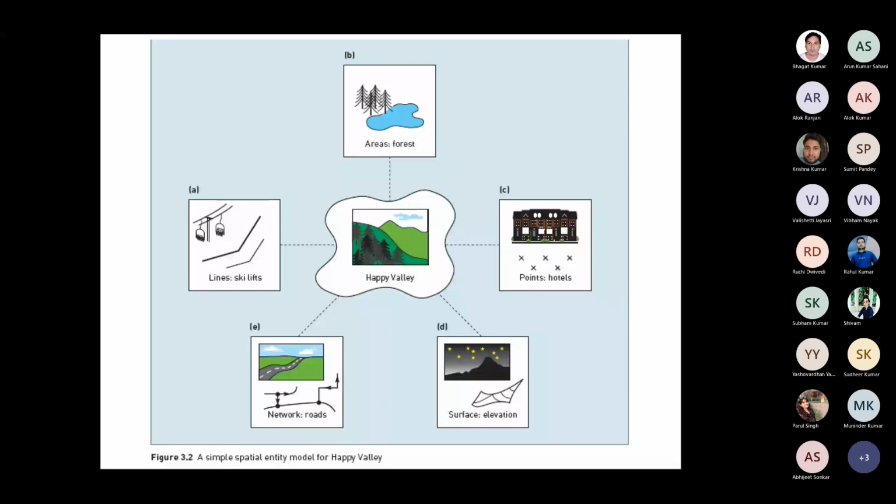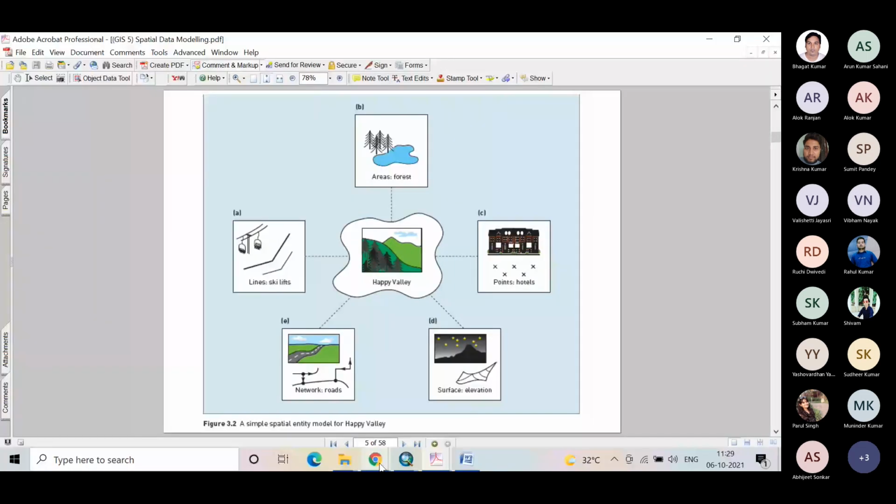So while doing spatial entity modeling, or when we are trying to define the spatial entity, I will give you one example. First there is a forest. How will you model the forest? Like a point, like a line, or like a polygon? Polygon. So the first answer that I am getting is polygon. Okay. If I open the Survey of India map,